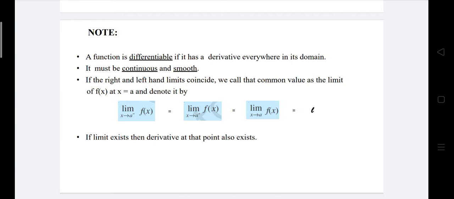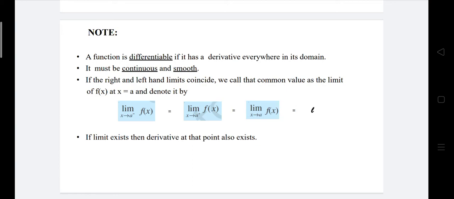Then the function should be continuous and smooth. This thing I am discussing. Listen, a function is continuous or smooth. What is the meaning of continuous? The meaning of continuous is that the function should not have any void space. That means in a certain domain this function should not tend to infinity.